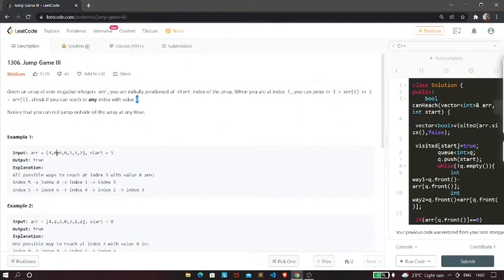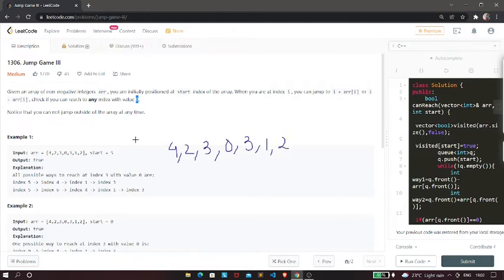So let's consider this example. Over here we are given an integer array which contains the elements 4, 2, 3, 0, 3, 1 and 2.